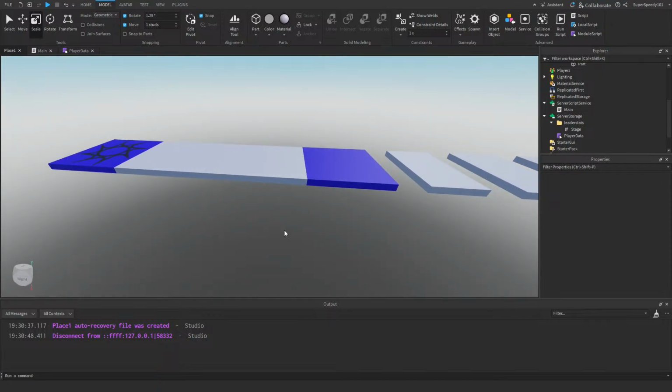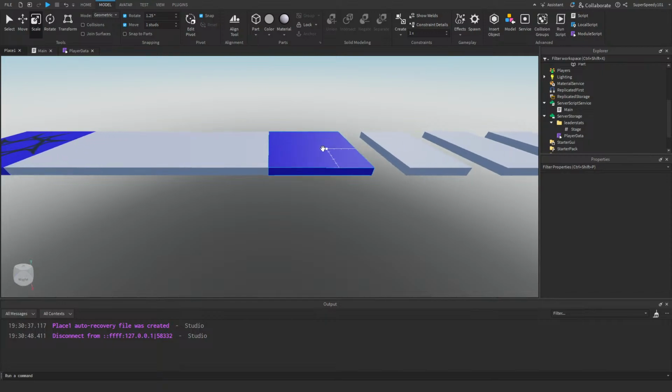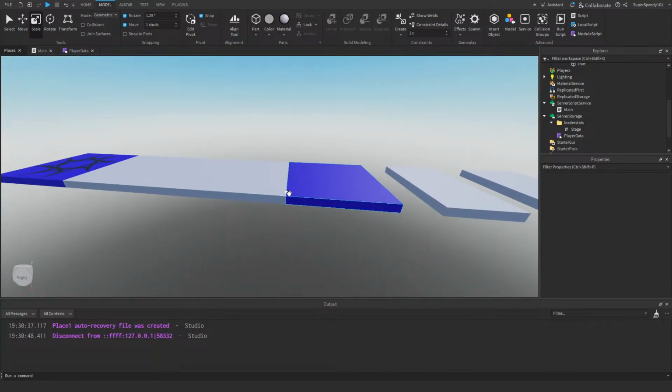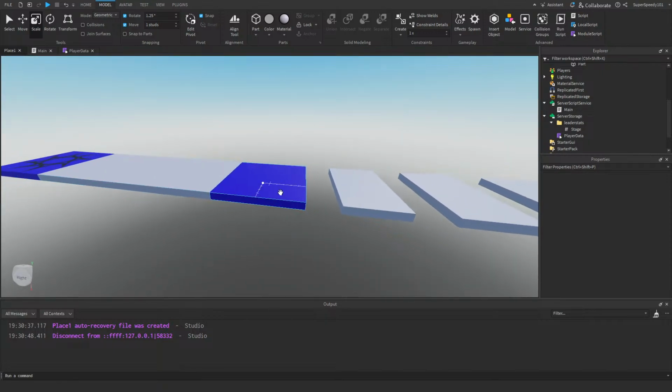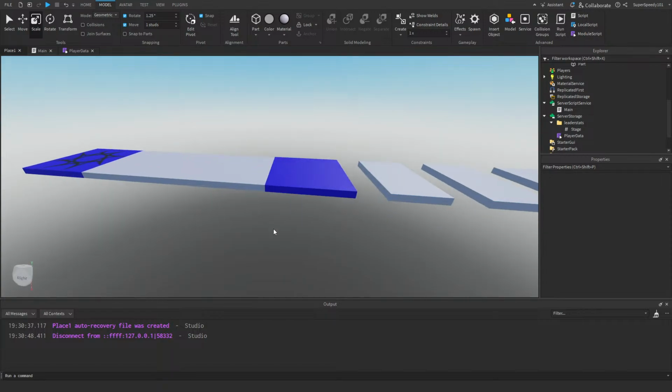One other thing before we do that is I want to create a sensor for that part so that when a player runs into it, their stage changes to the next number. To do that,